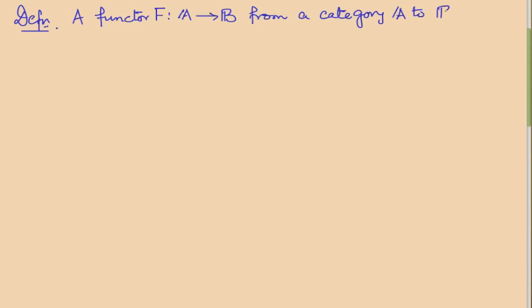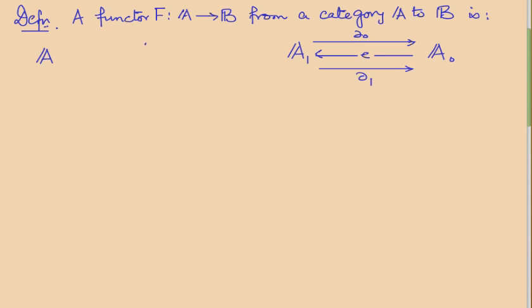So a functor, we'll even write like this, from a category A to B is, remember, A is actually given by this 6 tuple, and B is given by a similar 6 tuple,